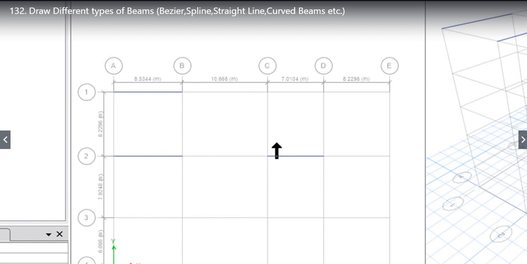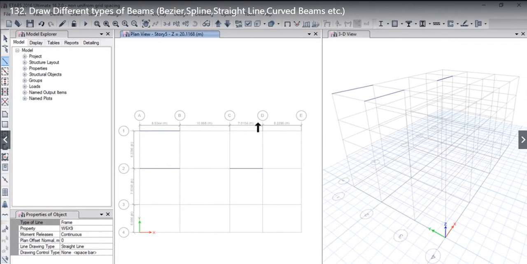Now, what exactly are we doing here? We are working on a plan view, and the plan view level is approximately 20.1168. And whatever changes we are doing on this plan, automatically the changes are being updated in the 3D view. Now, as I had mentioned to you earlier also, if we change the units of the model in between, that is, in the welcome window, if we select ACI units and further in the model we change it to SI units, then this type of problem will occur.